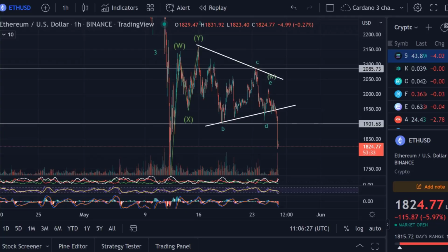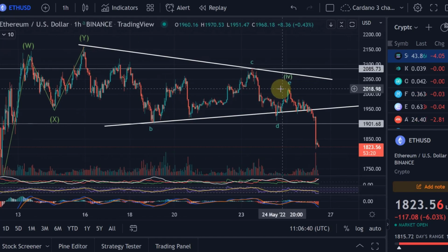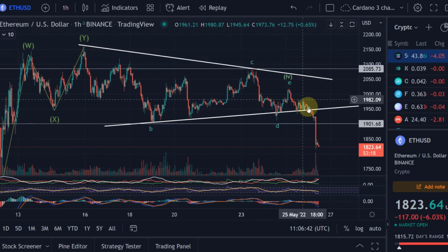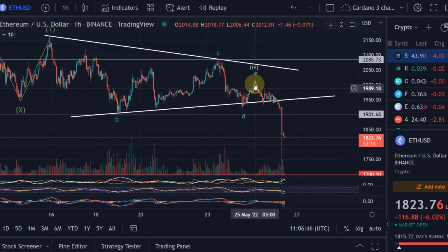Absolutely amazing how this worked out and how the Elliott Wave count here with this example worked out as well. We talked about this A, B, C, D, E triangle. I told you that while the price could go a little bit higher in a wave E, a move down based on this Elliott Wave count would be expected and imminent, because usually, and I showed you yesterday in the Elliott Wave video about Ethereum, I explained those Elliott Wave counts for the Elliott Wave triangles,